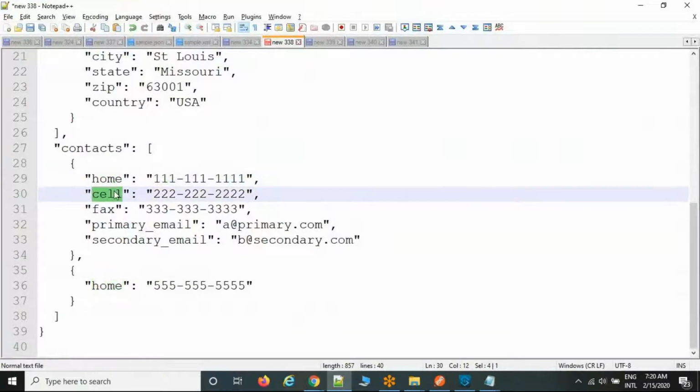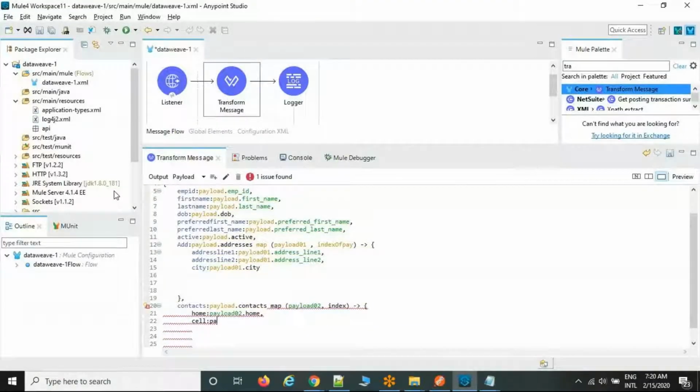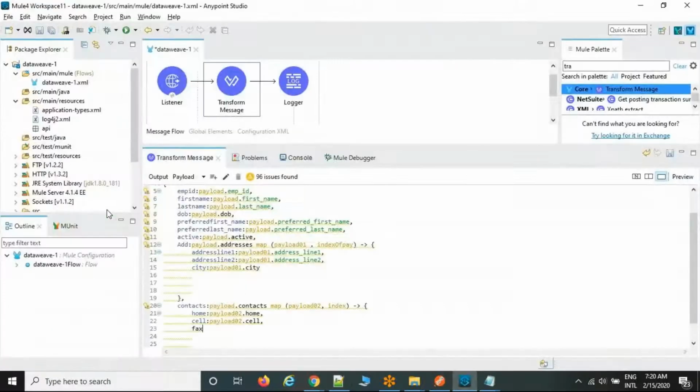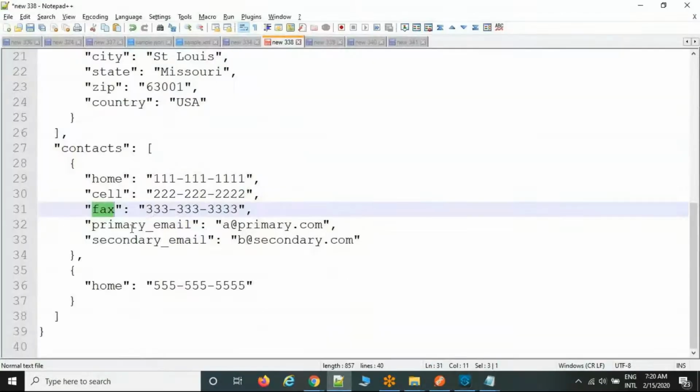Okay, cell, payload02 dot cell. Fax, payload02 dot fax. Like this you can write the rest of the elements.